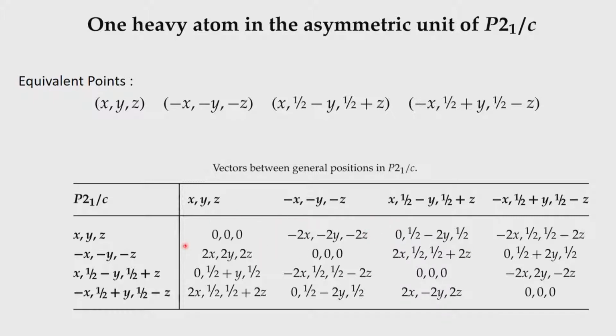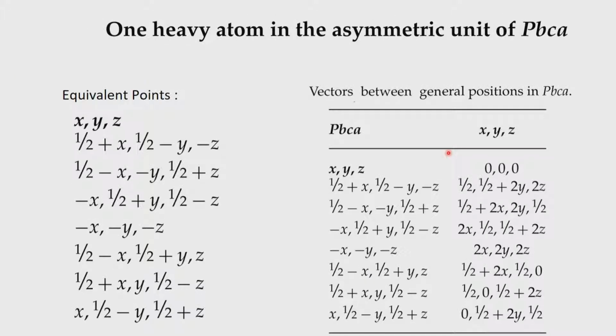Along with that, look at the vectors corresponding to 2x, 2y, 2z. So, you would see that there is no other set of vectors which will be present here. Either they are related by centers of symmetry or by the operation of the twofold, like here for example, if you look at these two, x bar, y bar, z bar and the third one, you see that it is 2x, 2y, 2z, and here it is minus 2x, 2y, minus 2z. So, that is the operation of a twofold about the y direction, and here it is half plus y, therefore, it adds on a half value to the y, to half plus 2y it should be. So, essentially we get a unique solution in case of 2-1 by C.